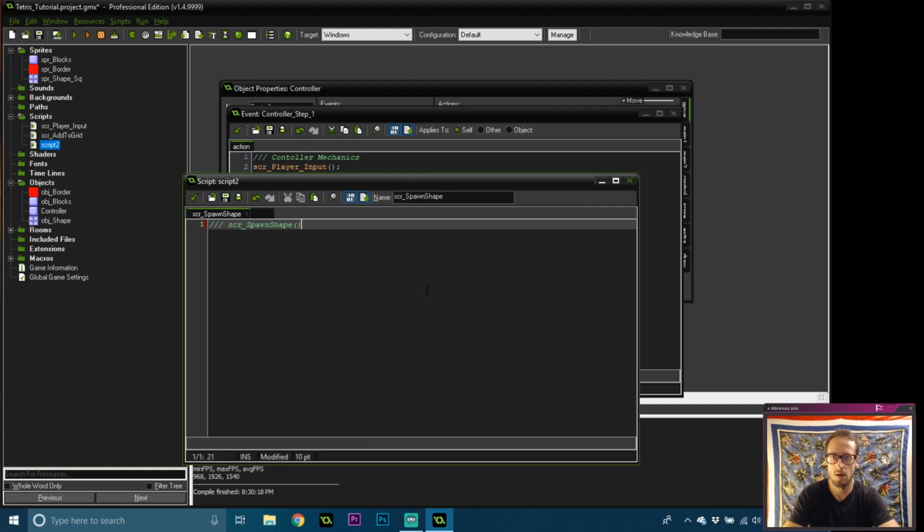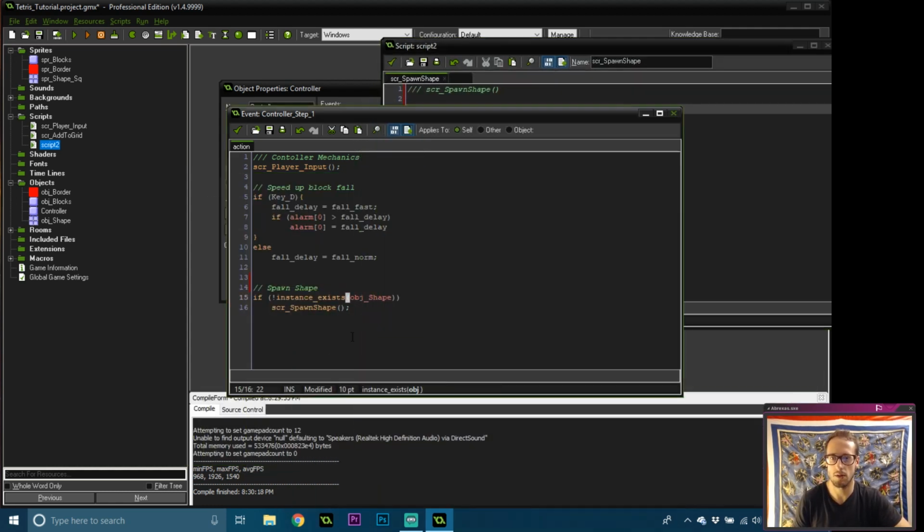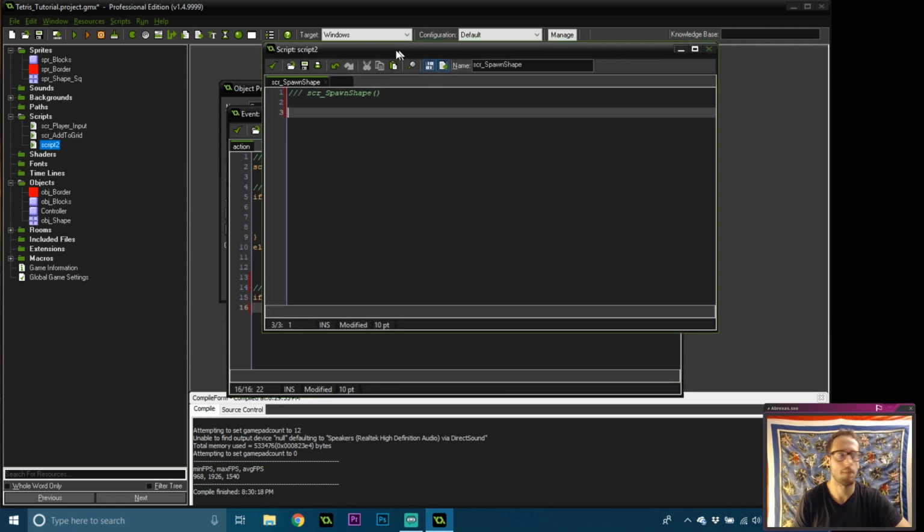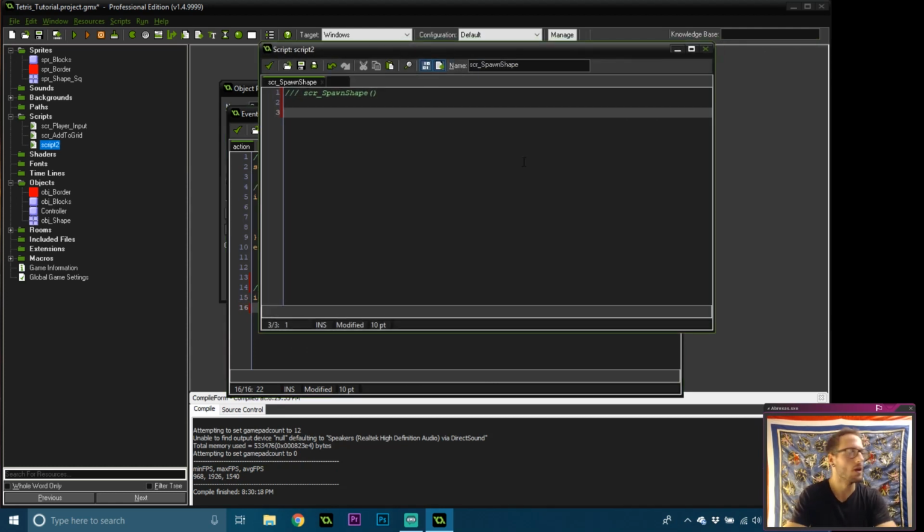Now, this is the part that's going to be tedious. Let me just make sure that that was correct. Good. We're actually going to come back to this in another part. But for right now, we're just going to create a shape in the moment, and we're going to assign it its shadow, and then we're going to move on from there. We don't have any shadows yet. We'll get there. So we're going to do variable shape is equal to instance create